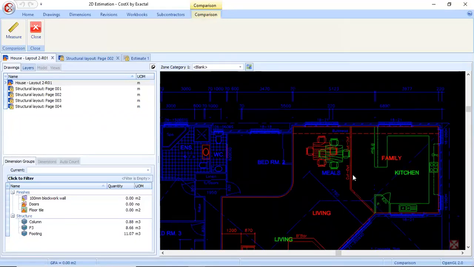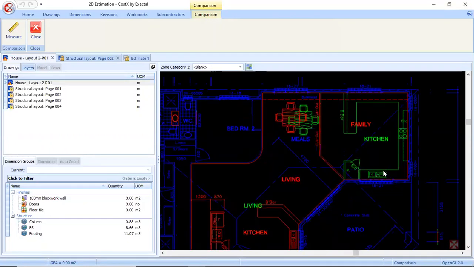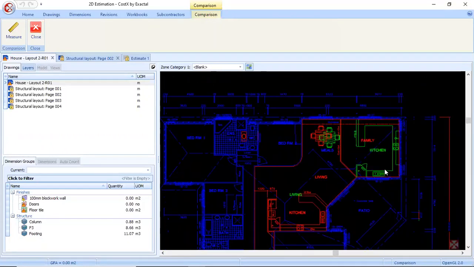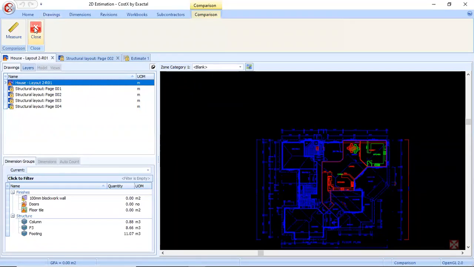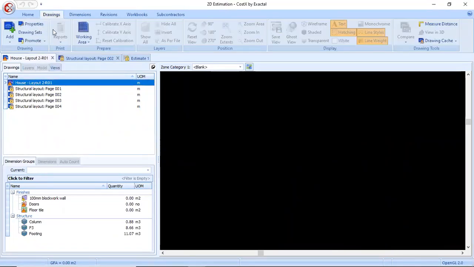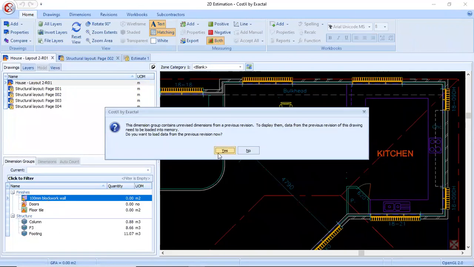So the kitchen is being added here in this portion, and you can see the family room wall which we took in the previous drawing has been deleted in the newer drawing, and the kitchen from this portion has been moved to this portion in the newer drawing. So this kind of drawing comparison helps you to easily recognize what kind of changes have been made in your drawing. You can close your comparison window. Now we clearly saw the difference. Here the family room wall is being deleted. So once you click on this wall quantity, just give